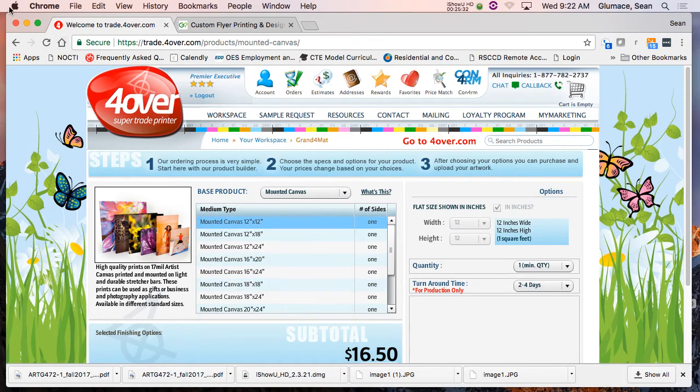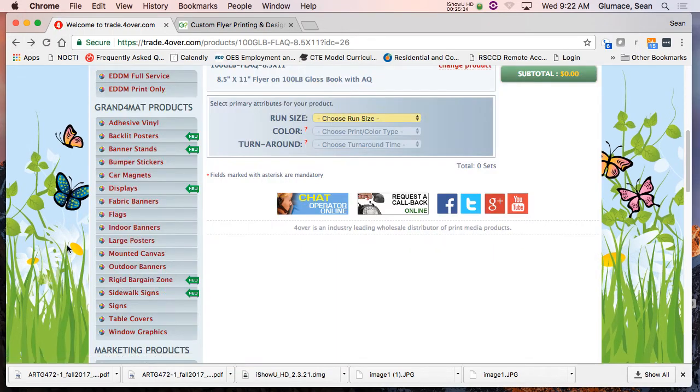$16, going up. So the main thing here, though, is to get into this, you have to have a California resale license. You have to have a resale license with the state. That basically means you're collecting sales tax and you have to report and pay sales tax. So I would charge tax to my client. I have to collect that tax and I have to report it quarterly. It's just part of my business. But the nice thing is I don't pay taxes on the stuff I buy for my own personal business.